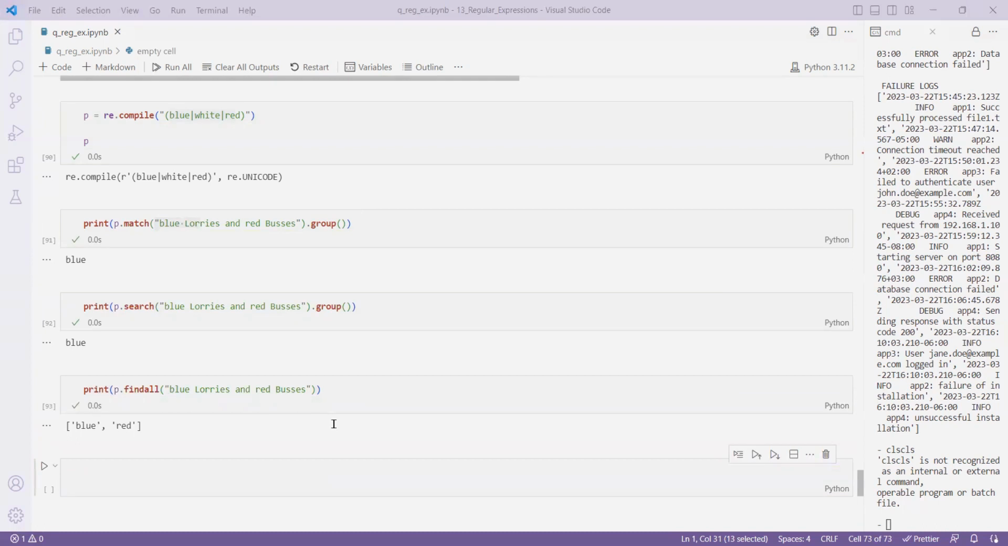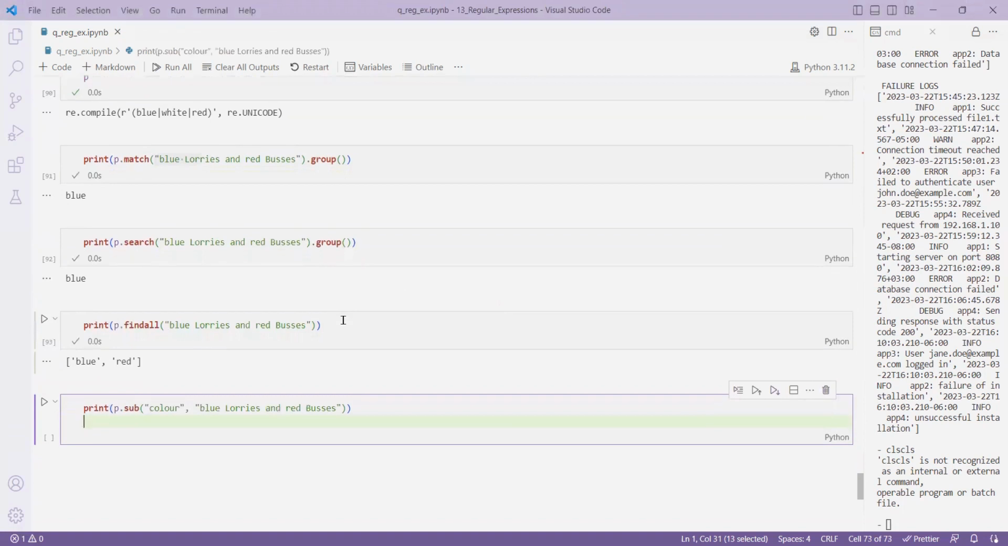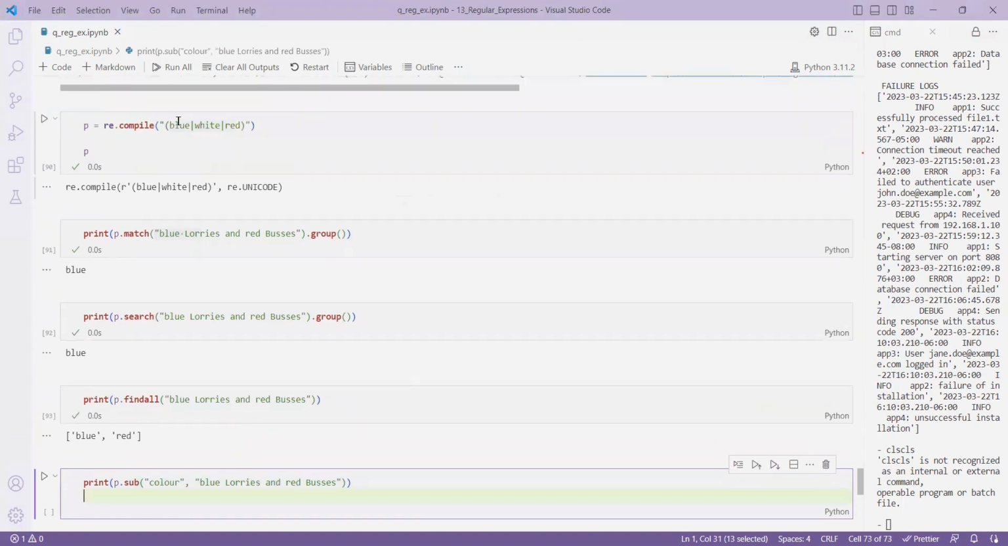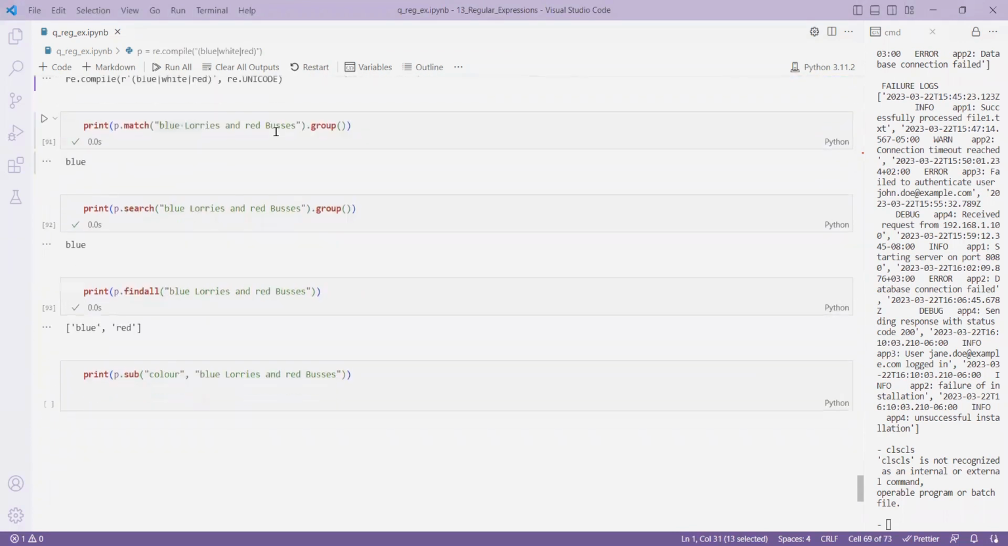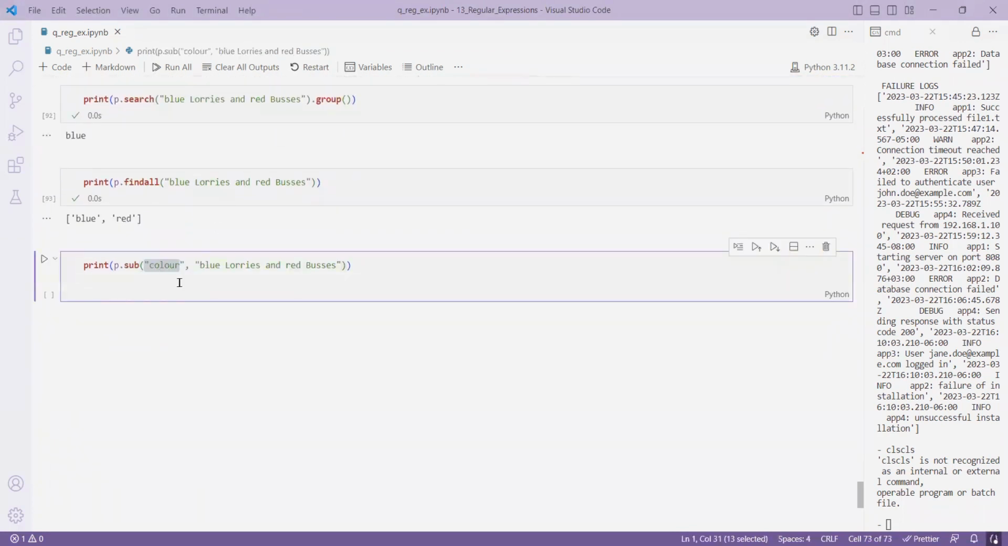So like these findings, I can also do something called a substitute. Substitute means wherever you have a color, substitute with this one. Means the pattern is what? Blue, white, and red. If there were any of these things, replace, substitute with this color. That's what you're trying to